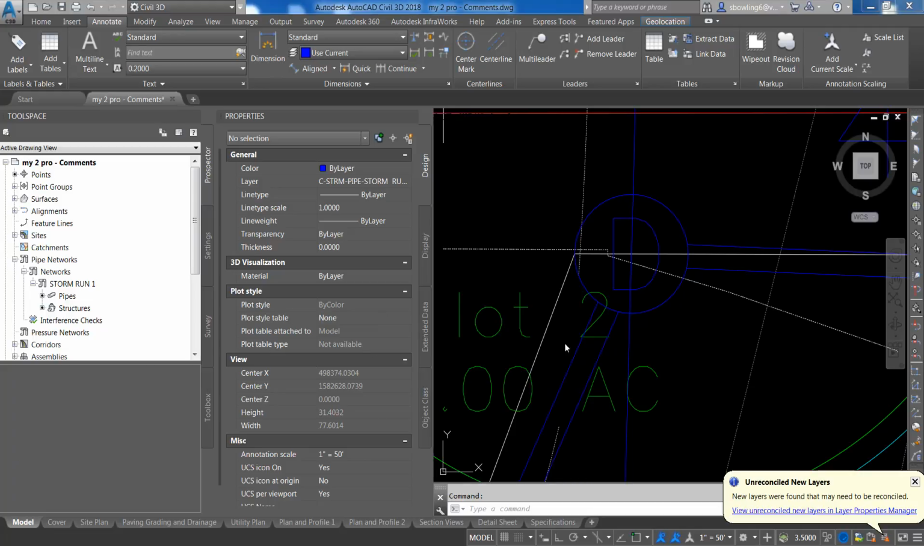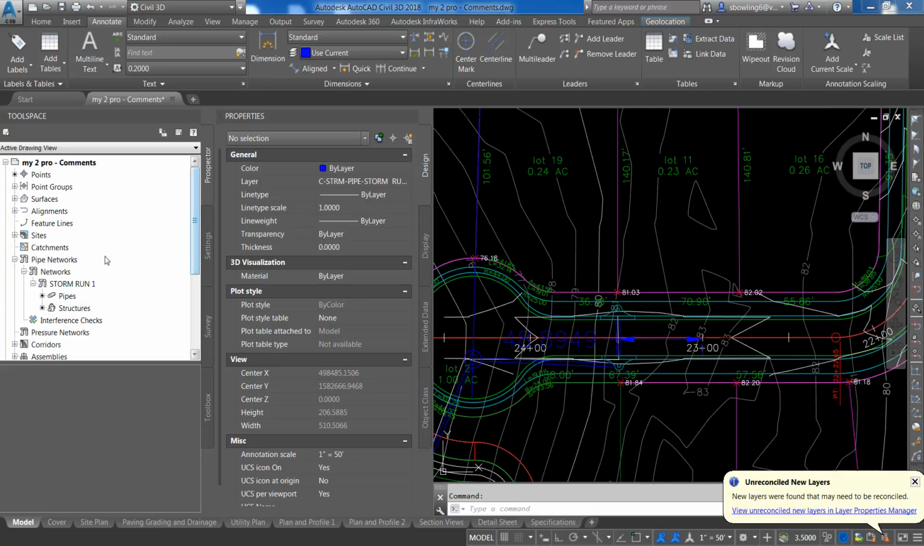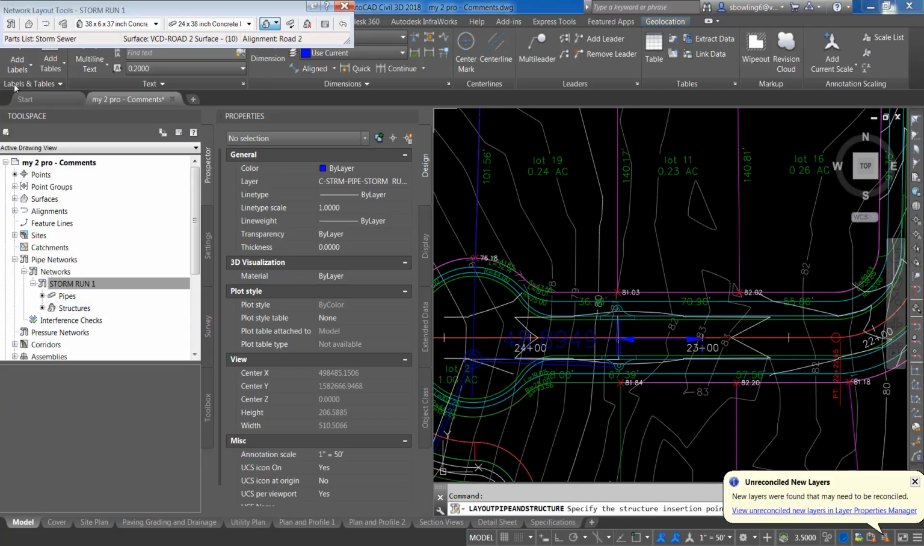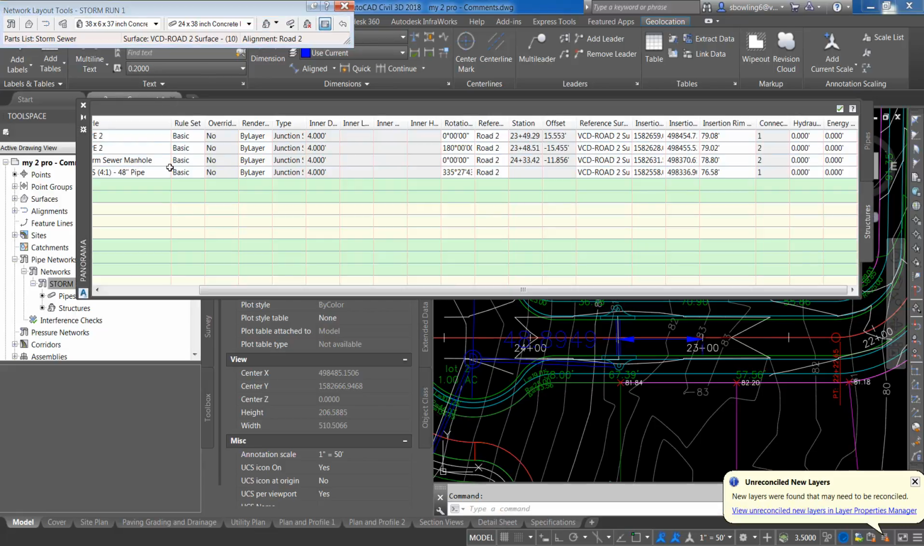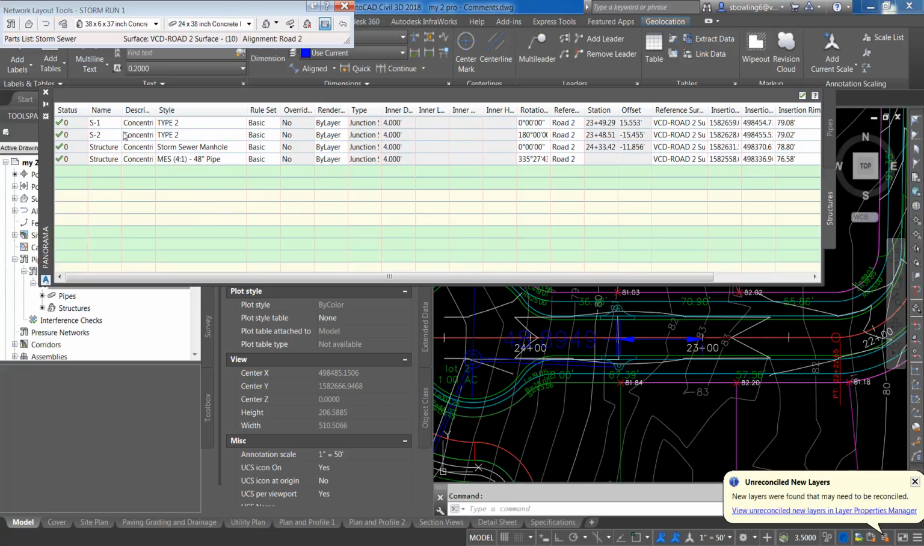Okay, so I'm going to take a look at your structures here. I'm going to come over to your tool space, right click and edit the network. When I edit the network, like I said, this is the little icon, Pipework Vista. So the first thing that I want to look at, just to make my life a little bit easier,